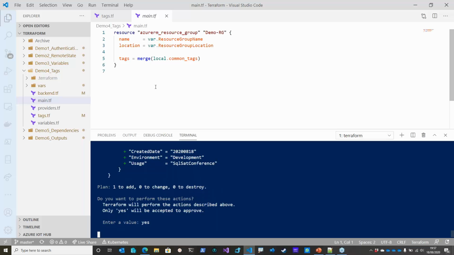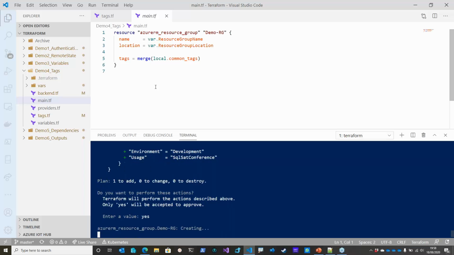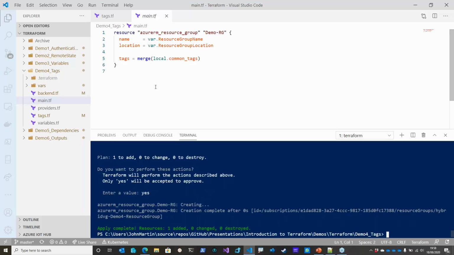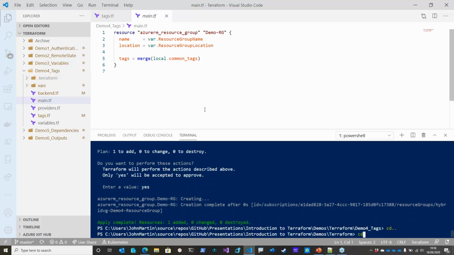So all in all, we can start building this up. I'm just deploying a single resource group at the moment. That's really just for brevity so that it's easy for us to see what's going on, and it goes through pretty rapidly. Now, if we get through the last demo now